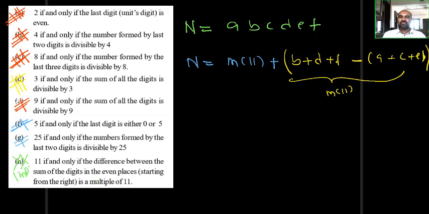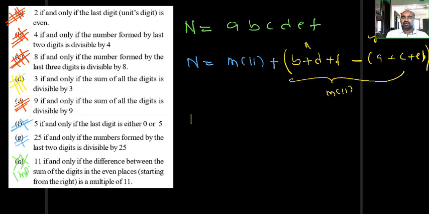Or I can say, for example, minus 11 is divisible by 11 only, 11 is also divisible by 11 only. Or if A minus B is divisible by 11, then minus of A minus B, that is B minus A, is also divisible by 11 only. That's why minus 22 is divisible by 11, and 22 is also divisible by 11. So this is just like x and y: if x minus y is divisible by 11 or y minus x is divisible by 11, the total number is divisible by 11 only, that I will write.